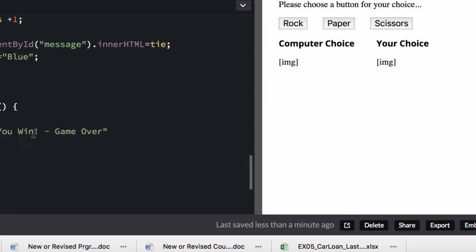We also want to put in a color, so I'll just copy this and change it to green. It's still going to be green if you win, the same green. You could do another green for the game over thing. So it says you win, game over, if the points get to 3. Now we didn't disable the buttons yet. That's going to be something else that happens, but let's do the second part and then we'll worry about the buttons. And then we're going to do the else if,